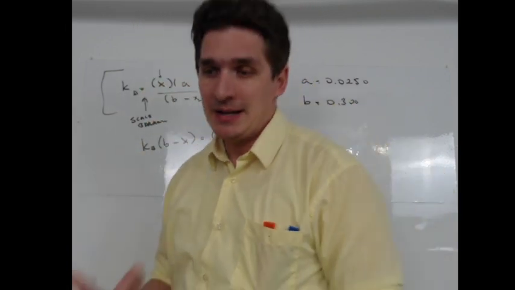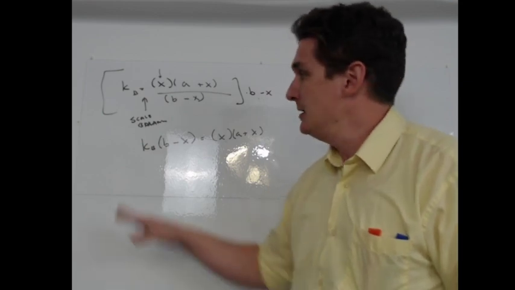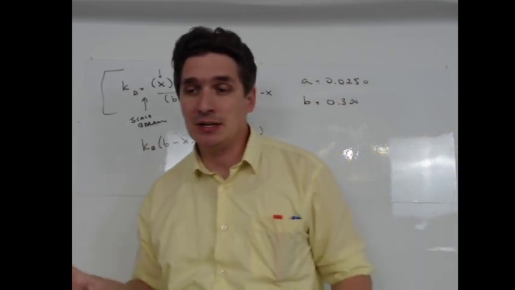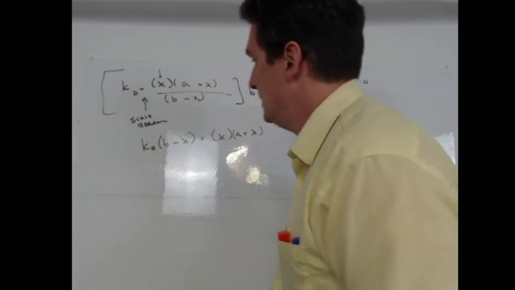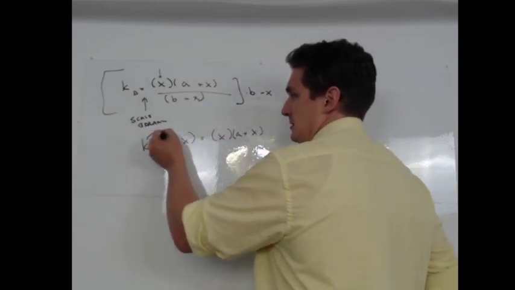Now, the idea here is to isolate X. So to isolate X, I don't want any more multiplication left. I want to get it all in terms of addition and subtraction. So try to get rid of the multiplication and division first. So if I distribute,